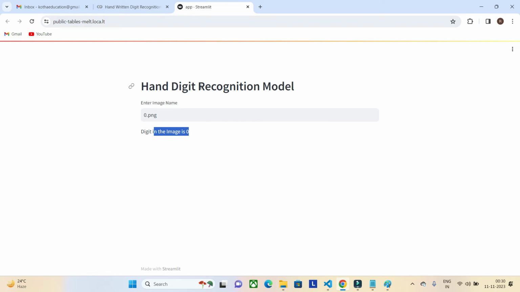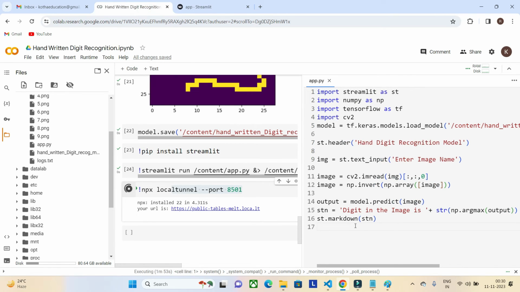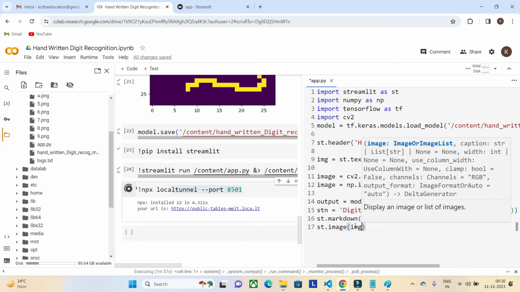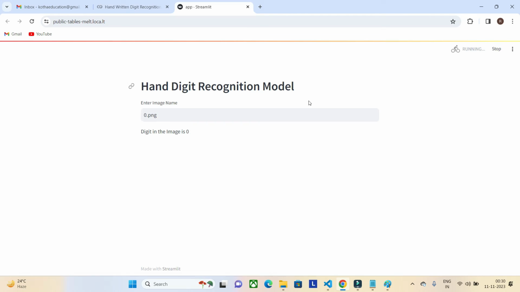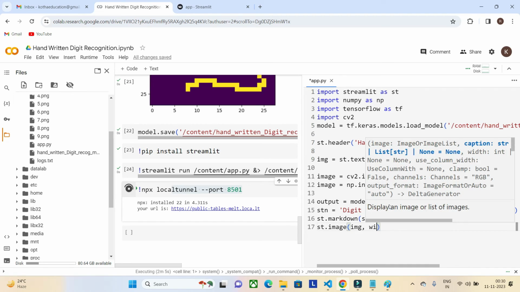Let's print this image first, and for that we have to add one more step: st.image of img. Saving it. It's running 0. Let me increase this size, width equals 300.